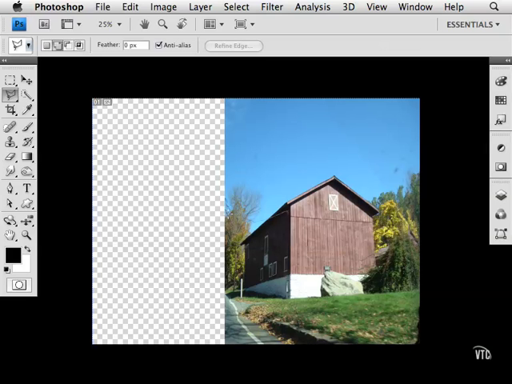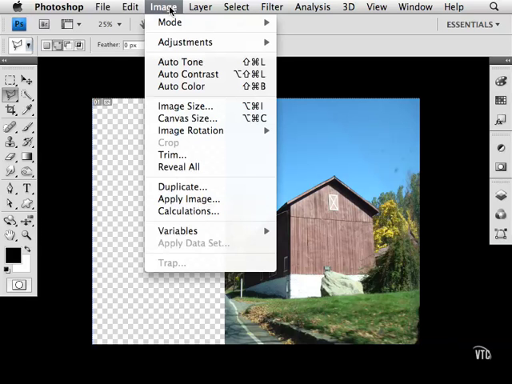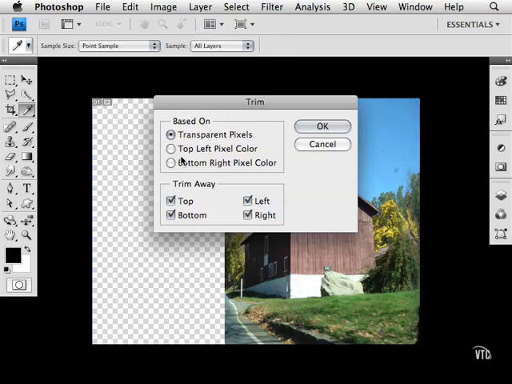And now we have something that'll be great for a postcard or a magazine cover. Now let's go ahead and talk about how to get rid of this area here. By now, you're pretty aware that you can choose the crop tool. But you can also have Photoshop help you out, because these pixels are transparent. They don't exist. So we can go to the Image menu, choose Trim,